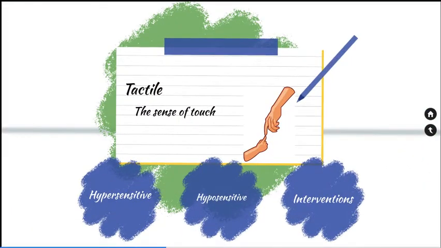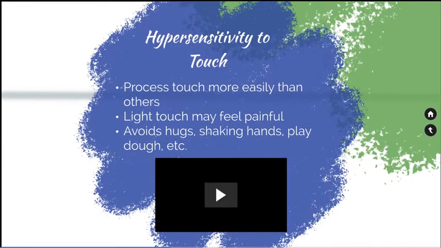Tactile is an individual's sense and perception of touch. The next thing we will discuss is hypersensitivity. Students can be hypersensitive to touch, meaning that they process touch with less input than other individuals. For example, light touch can feel painful to them, and they tend to avoid touching others or objects with texture